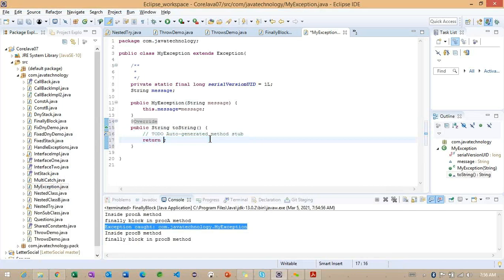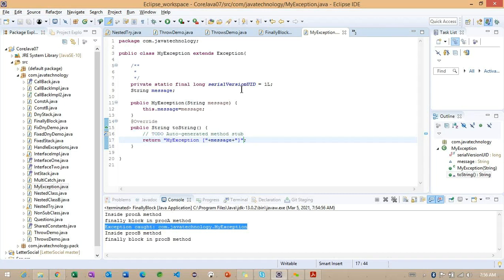Instead of working with the superclass toString method, I'm going to specify something called my exception. Along with my exception, I'm going to open one brace and provide the message. So carefully observe here.